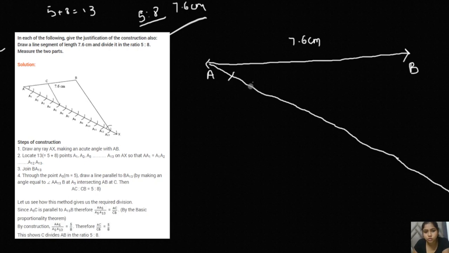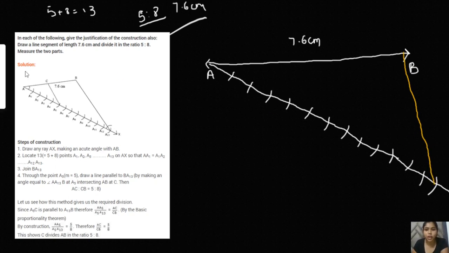So 1, 2, 3, 4, 5, 6, 7, 8, 9, 10, 11, 12, 13, right? I've made the arcs roughly here, but you have to open your compass with equal distances. You have to make these arcs, right? Then you just have to join this point P with the last arc like this, right? Now what you have to do is measure the angle. This is the angle. First of all, you have to name them like this. You can just name them.